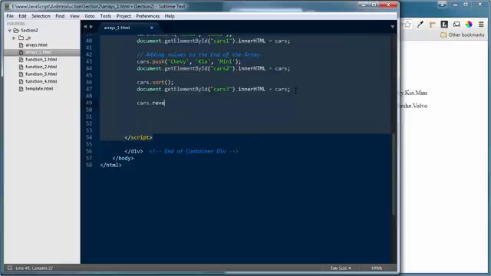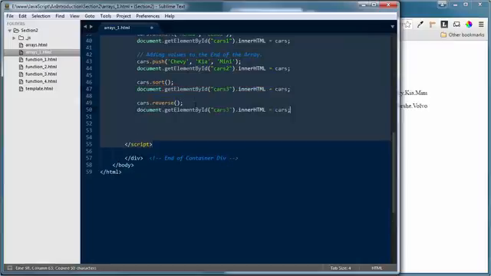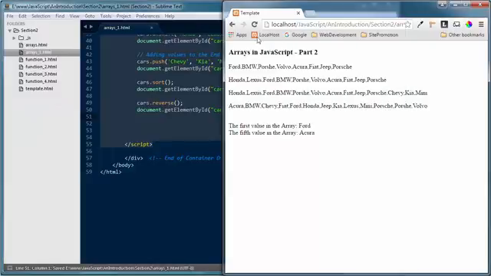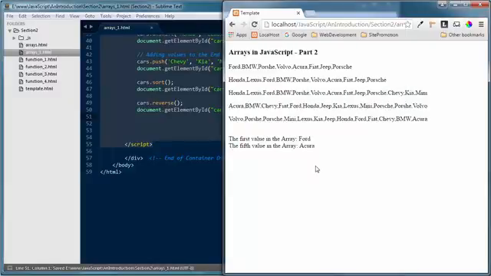Come on down, and I could actually do the same thing, but now it's going to be cars.reverse, and that with a semicolon. I'm going to go ahead and copy that document.getElementById, come right below my reverse sort, paste that in, and say cars 4 now is the ID we're actually going to put this into. Save that change, refresh my browser window, and now we should have that same array in a reverse sort inside